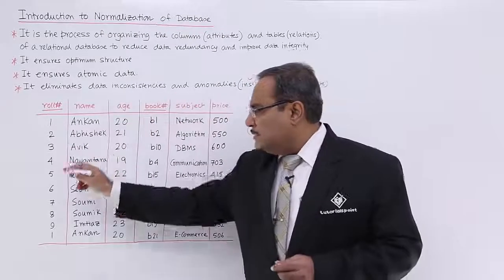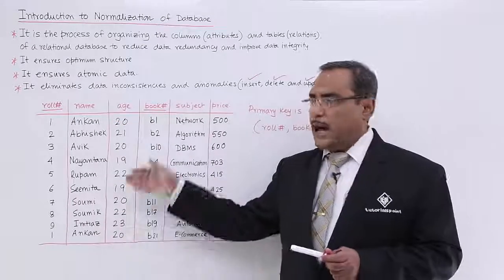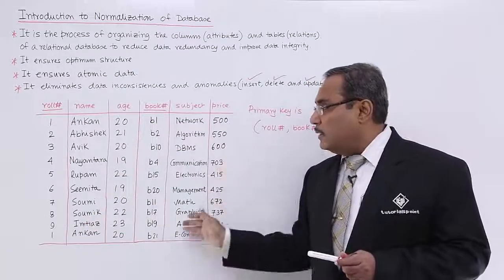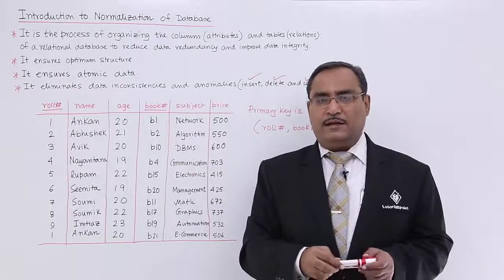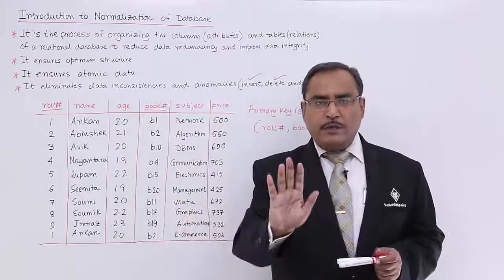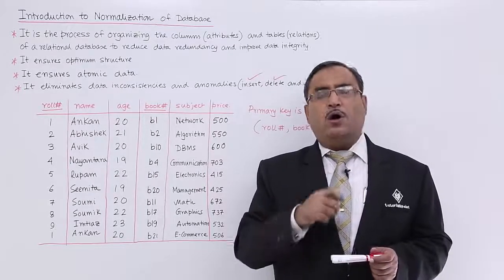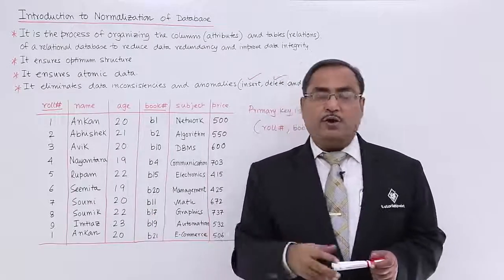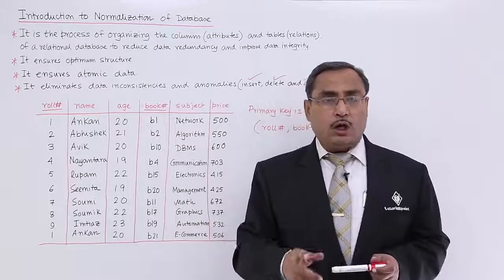So this library management system database was looking fantastic because I have the student details and the respective book details of whatever the student has borrowed. All the details are available in one table. It looked fantastic, but it is not effective enough. It is unimplementable because we would have to keep this relation only in read-only mode. If we do any kind of update, delete, or insert operation, that means any write operation on this relation, then obviously it will produce anomalies and difficulties, because this relation is not normalized.